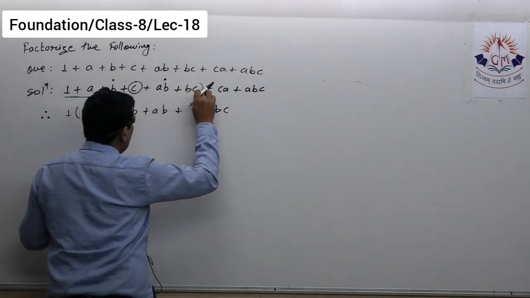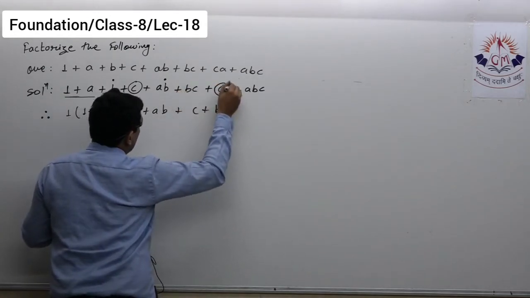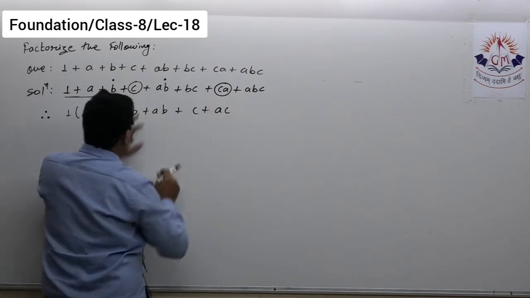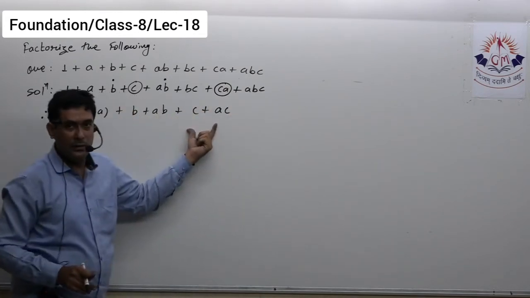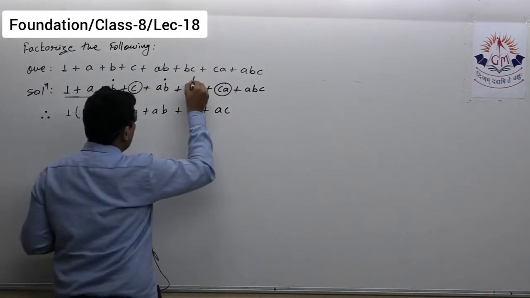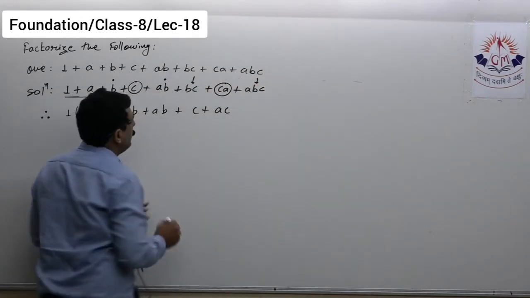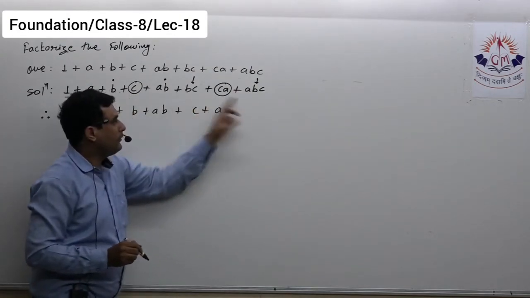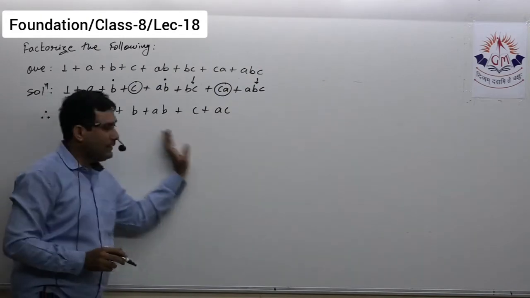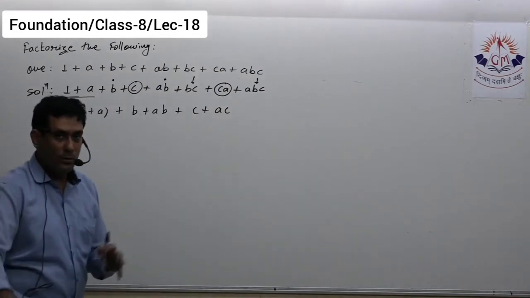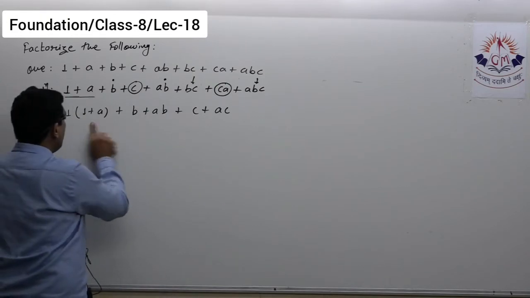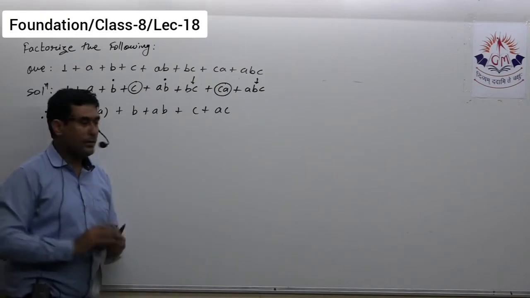So with c I have to take this actually. With c, if I take over here ac, so after taking c common, I'll get 1 plus a in the bracket. Now only two terms left, these two. So after taking bc common from these two, again I will get 1 plus a. So in this arrangement it is possible to take common, and it is also possible to get the same thing, that is 1 plus a in the bracket. So this is the way.